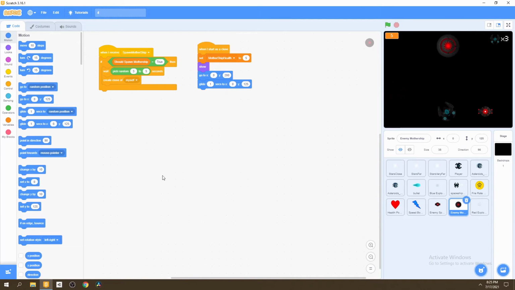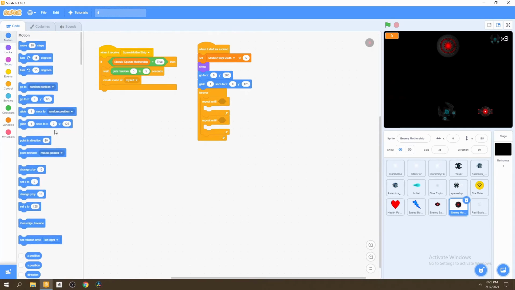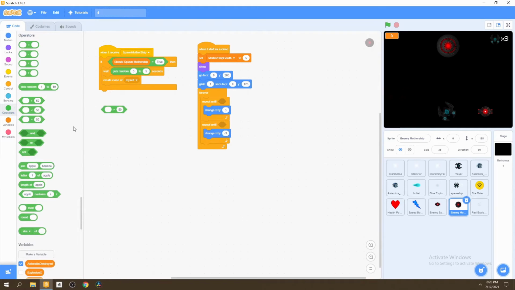Now we want it moving left and right. So if we go to control and select the forever loop and bring a repeat until statement, we bring 2 of them and put them in this forever loop. We want to change X by 3 or -3 depending on which position we're in. So we say change X by 3 or -3. So we put -3 at the bottom and 3 at the first repeat until statement, and then bring 2 operators, a greater than and a less than, and use the X position,